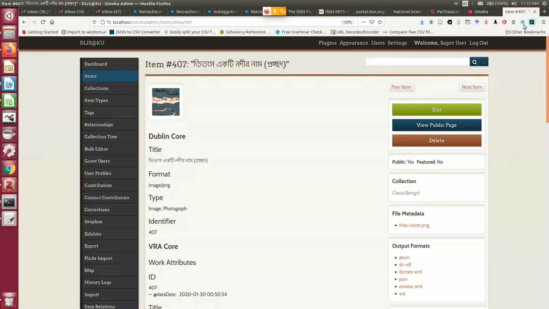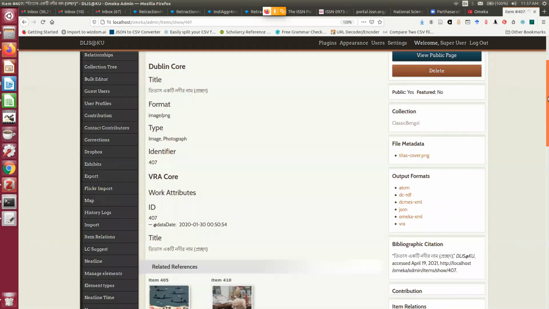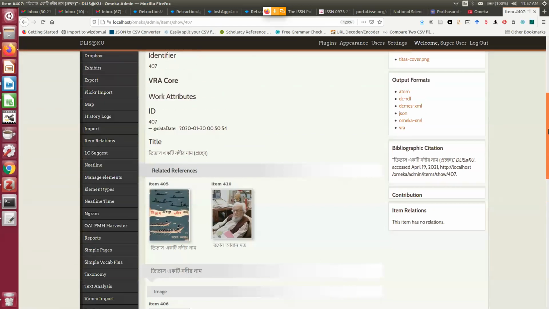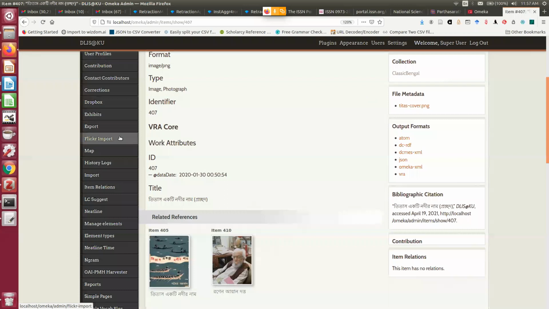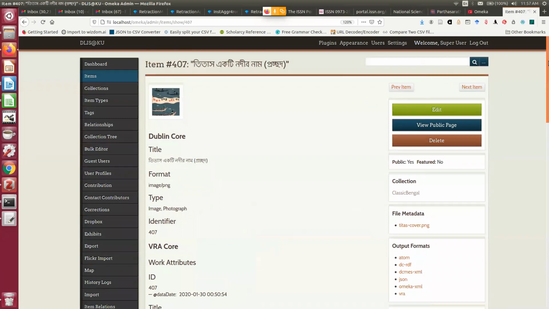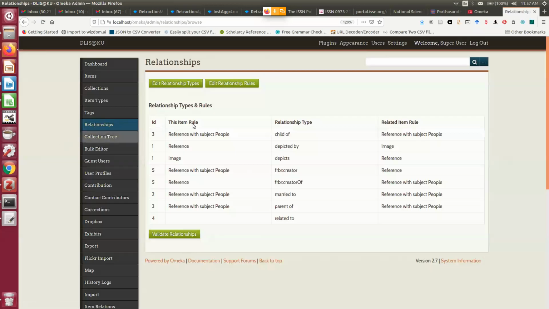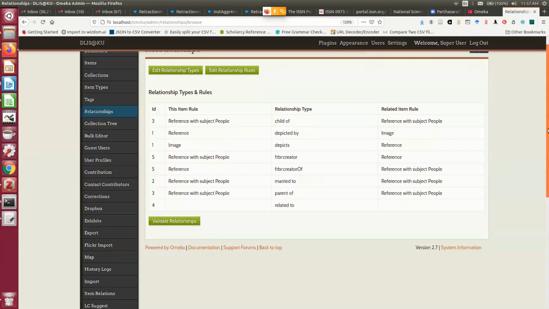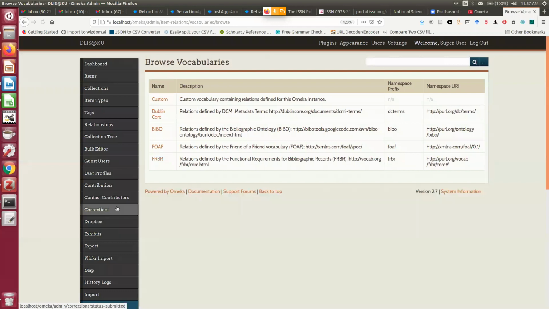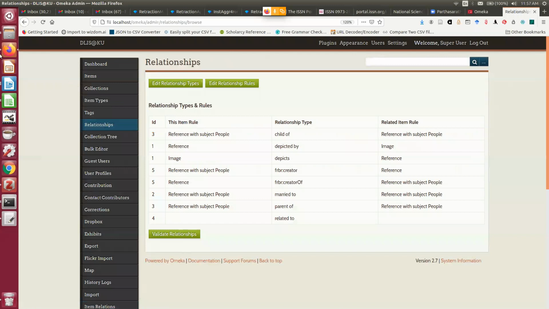And this complex thing is possible because of the plugins we are utilizing. So we are utilizing many such plugins. The relationship plugin is actually helping. One is the Avant relationship, so you can see here relationships. This is one of the plugins we have installed. Another one is Item Relations. So these two plugins are basically helping us for different kinds of activities.